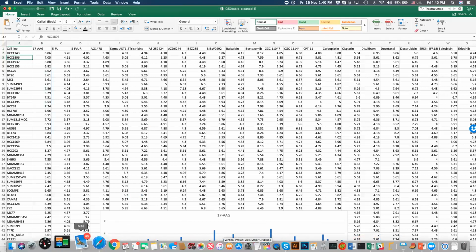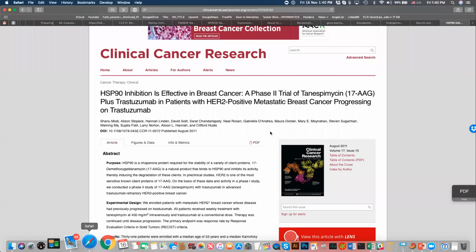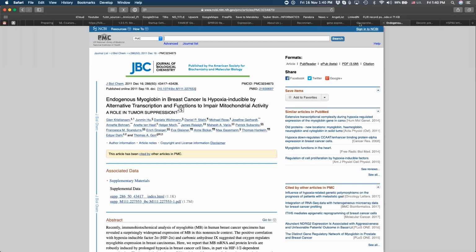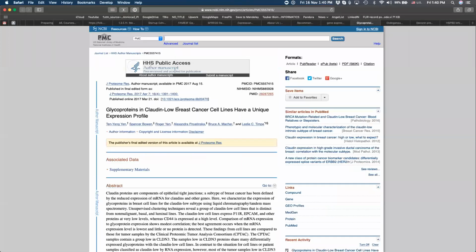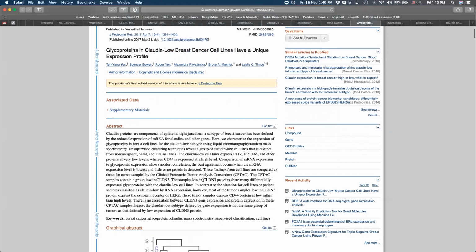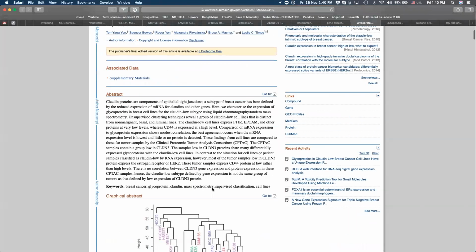They took the same data set that we already know, and a specific subset of cell lines called Claudin-low breast cancer cell lines. They studied them at the RNA-seq level, and they talked about Claudins, which of course define Claudin-low, and about other genes as well,